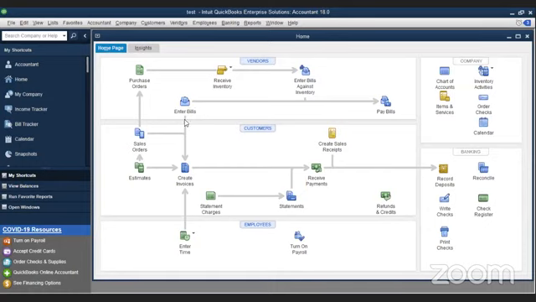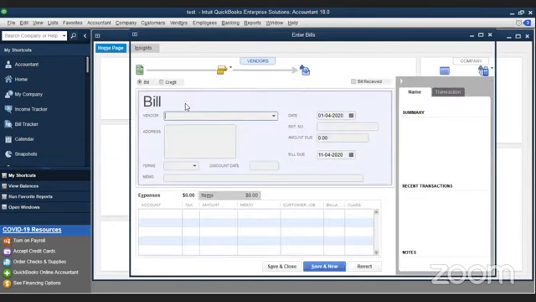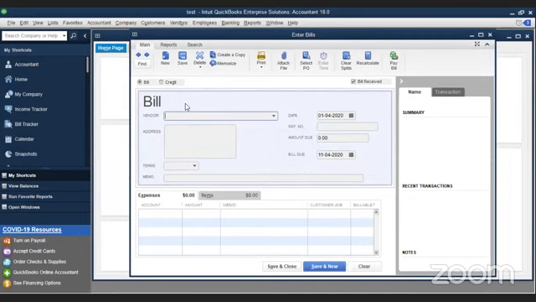So how we are going to do this: this is the area where you enter all your bills, that is your purchases. Now, when I say purchases, this doesn't involve payments. It's just the purchase invoice we are going to raise. So I'm going to click enter bills. Now, you might wonder, do we have to again do this updation of the purchase order? We don't have to do that. We simply have to click the vendor and you can see your vendors. So we'll say we are going to get it from Mark.